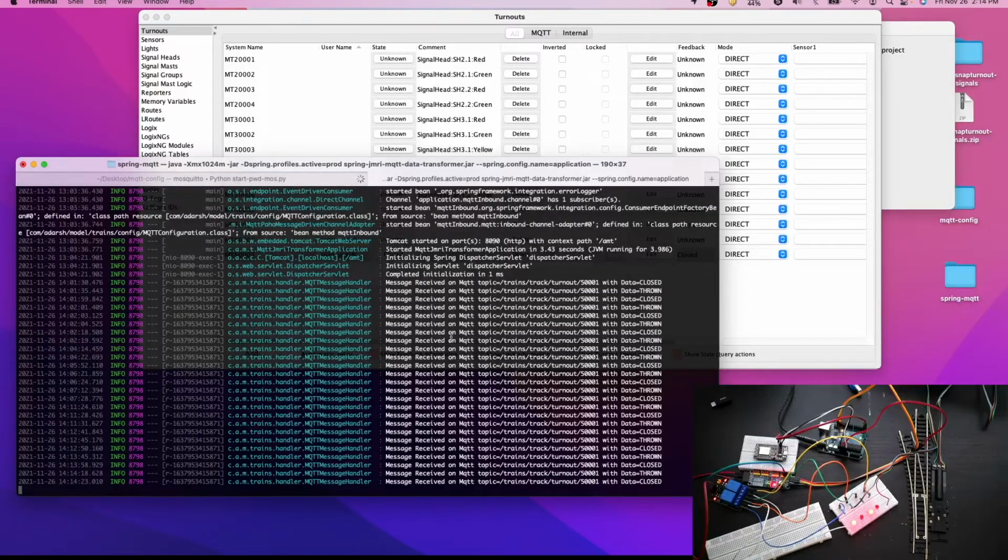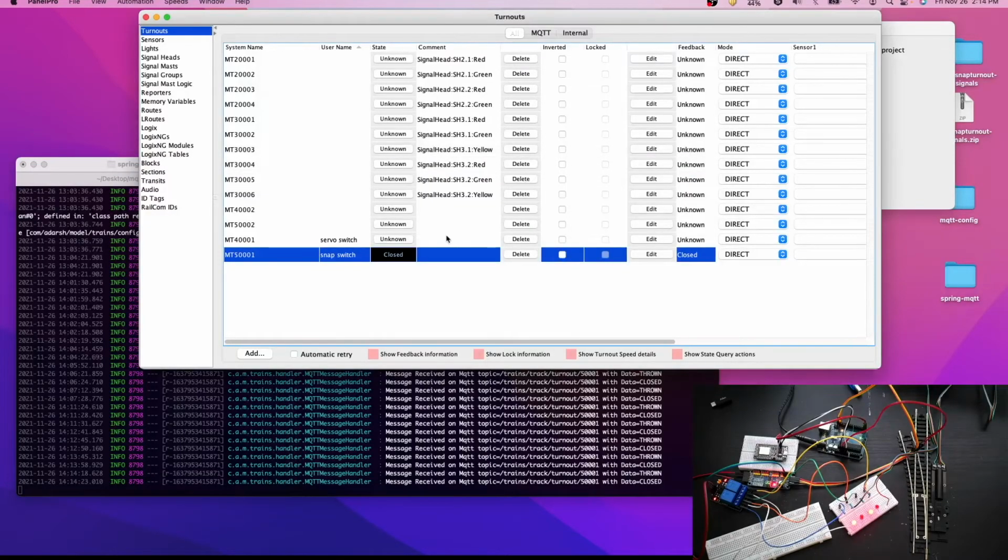In the Spring application here we can see what information is passing from JMRI. Here you can see 50001 thrown, 50001 close. This is just for demo purposes.